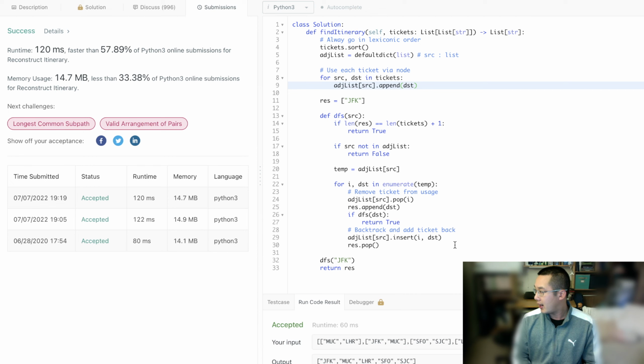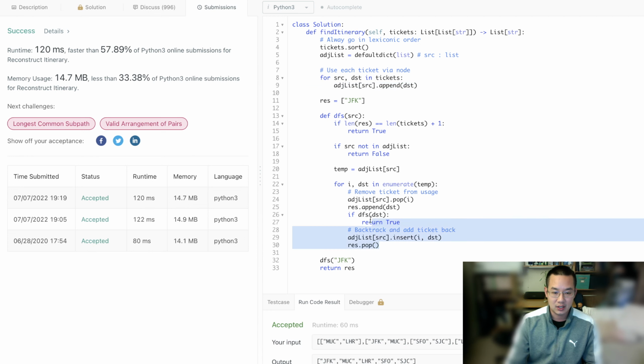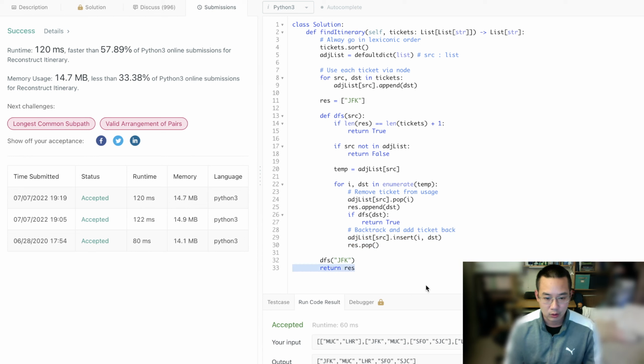We could be going through many edges multiple times, and we're backtracking here. So what would that be? Let's think about it. Backtracking. Well, let's talk about the space. Of course, the space is the number of tickets, O of n, and the time is definitely going to be O of n